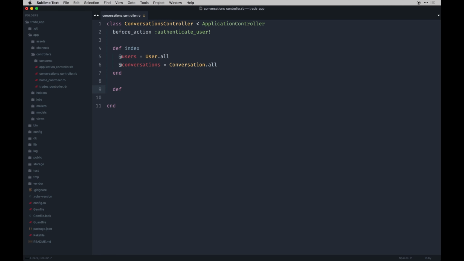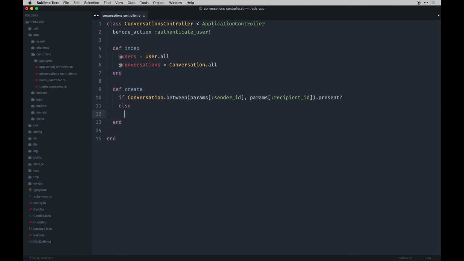Cool. And on creating an actual conversation is where the between scope is going to come into play. It's going to grab those two users based on the person browsing and the person who authored the trade and create a new message bucket that's called a conversation. So if conversation dot between, there's that scope, and then we'll pass in the parameters of the conversation. So we can say params sender ID and params recipient ID, and we're just checking if they're present. So you just say present,